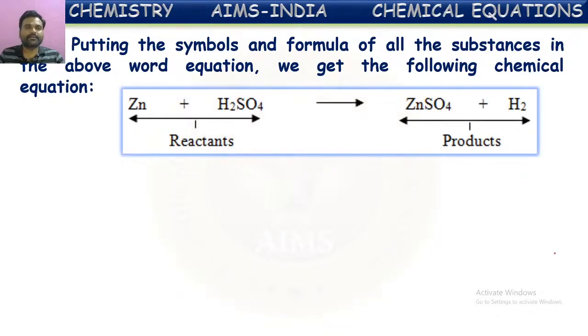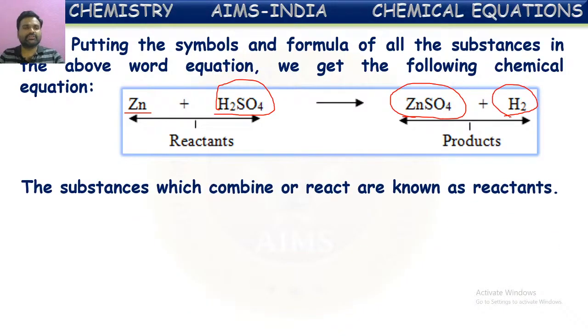as, yes, in place of writing zinc, we have used the symbol of zinc, Zn. And sulfuric acid: in place of the name, we have used its formula H2SO4. And the products formed, ZnSO4, zinc sulfate is replaced with ZnSO4. And hydrogen gas is emitted, so hydrogen gas is replaced with its symbol H2. So this is called a chemical equation.